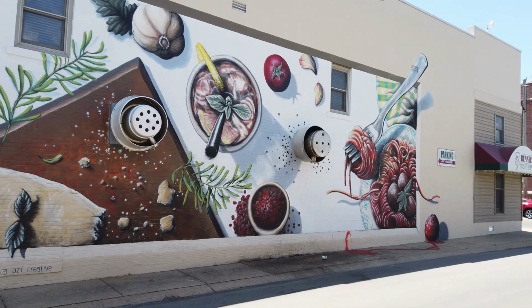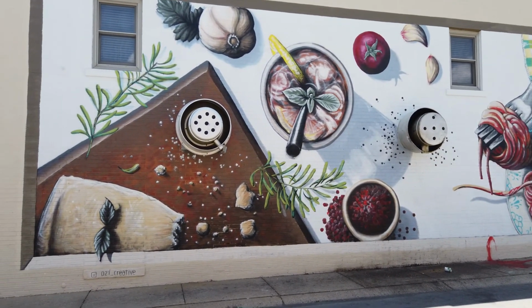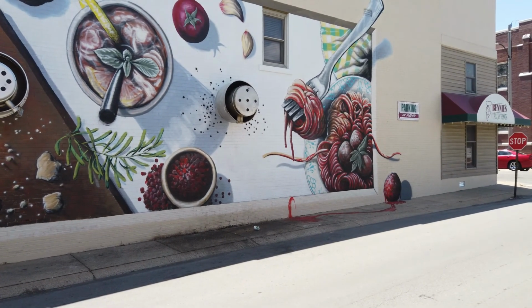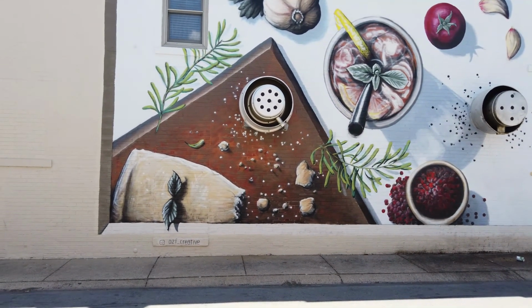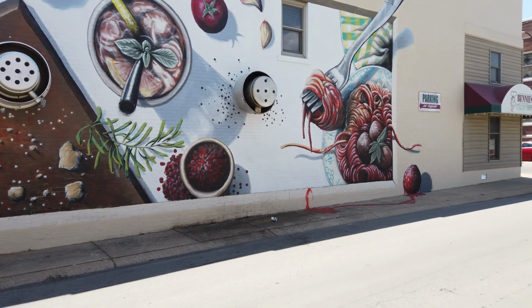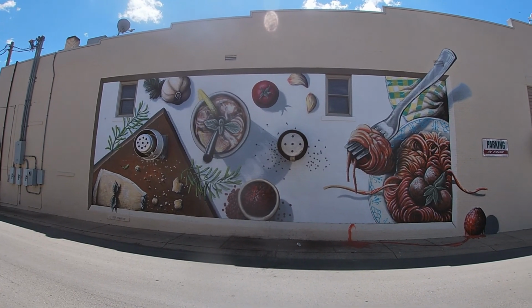I think it's really cool. And if you notice the vents here, they also made use of these vents. Instead of letting them be an eyesore and taking away from the painting, they actually add to it. This one is the salt shaker. Notice the holes. And this one is the pepper shaker. Notice the holes in top of it. And so you're looking down on the top of a table,